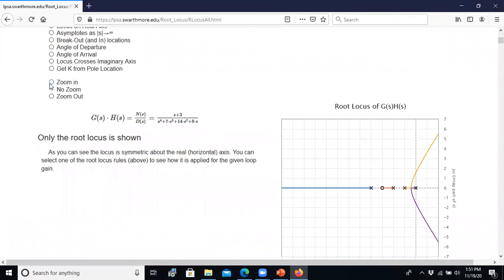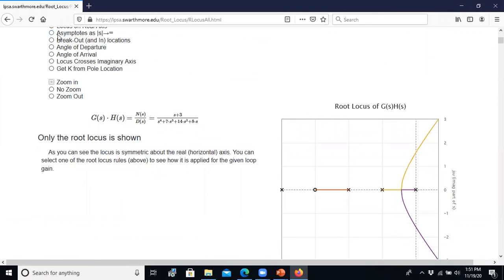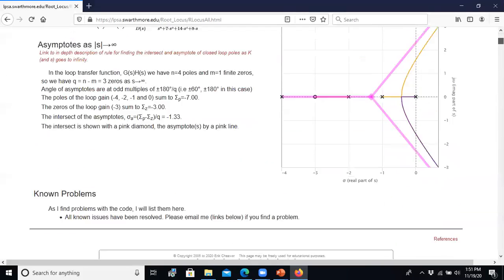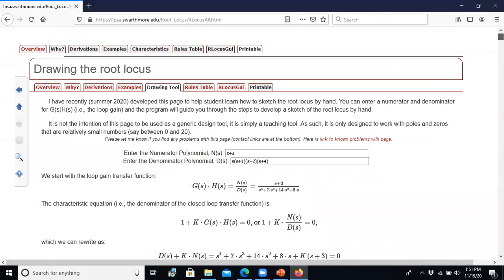If you zoom in, you can see bigger, or if you want to see the asymptotes, it's there. Or you can use MATLAB. Okay, this is such a cool tool here. I loved it. You don't have to worry about K because K is constant. It does not affect the quality, right? It's just the quantity. So you don't have to worry about K. Just plug in here and get the root locus. With that, I